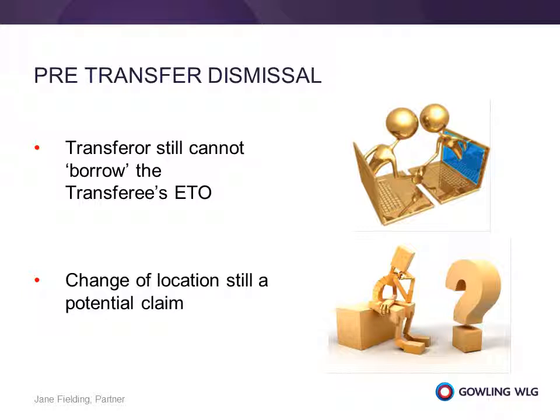So if the transferor dismisses pre-transfer down to that relocation, then that creates an automatic unfair dismissal, which the transferee will then inherit. The second issue is that a change of location can still trigger an ordinary unfair dismissal claim, in the sense that there is an opportunity for staff, if there is a substantial change in working conditions to their material detriment, or something that constitutes a repudiatory breach of contract in connection with a TUPE transfer, they can